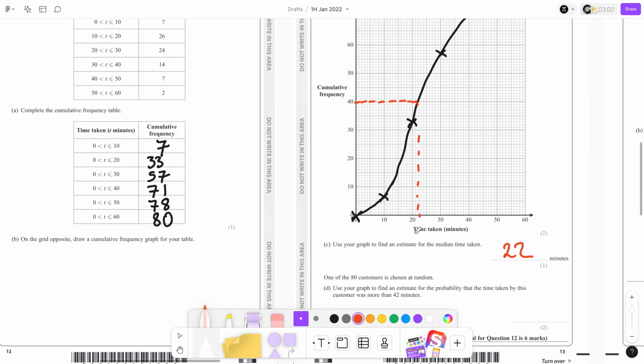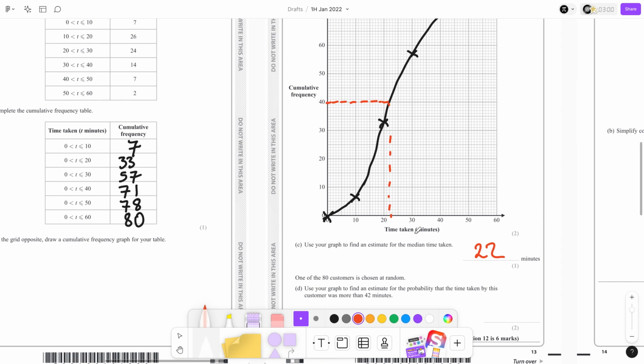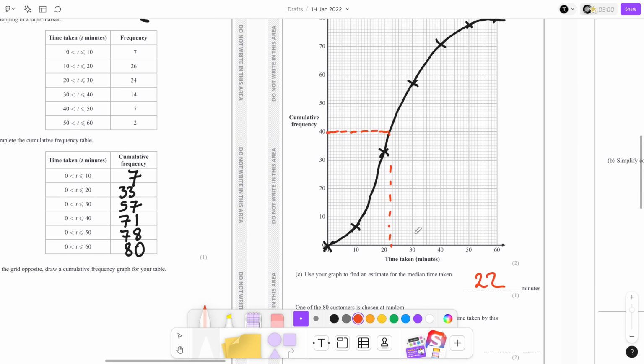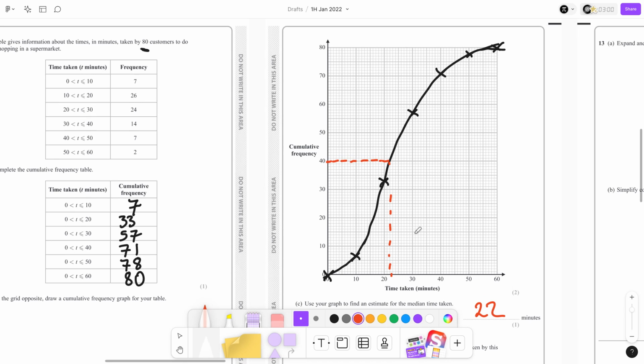Okay, and then the next bit says, one of the 80 customers chosen at random. Use a graph to find the estimate that customer takes more than 42 minutes. So 42 minutes is here. So I'm going to follow this up. 42 minutes, I make that